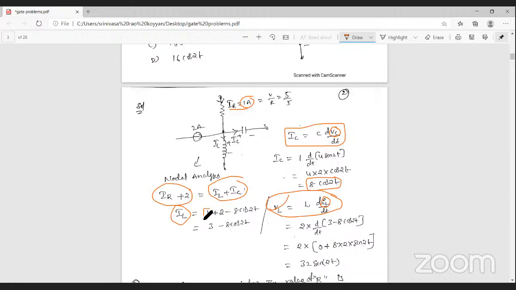So the resistor current is 1 ampere, the source is 2 amperes, and the capacitor current is 8 cos 2t. Finally you can get the inductor current as 3 minus 8 cos 2t. That is the inductor current. Substituting this inductor current here, you can find the inductor voltage, that is 2 into